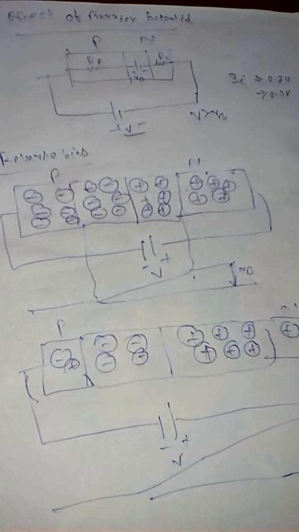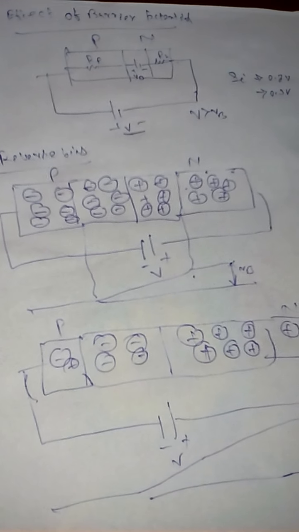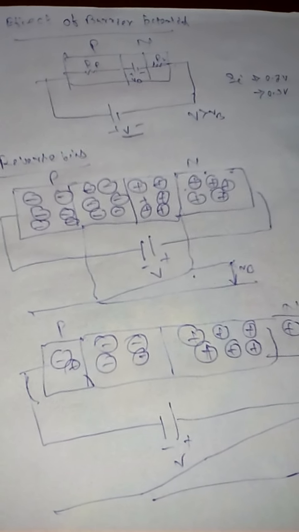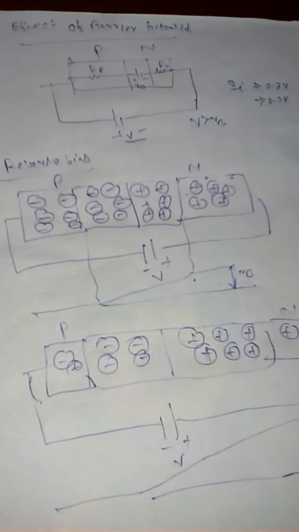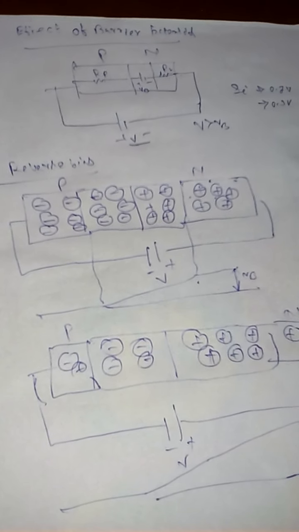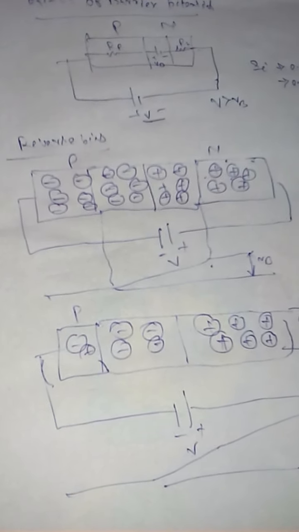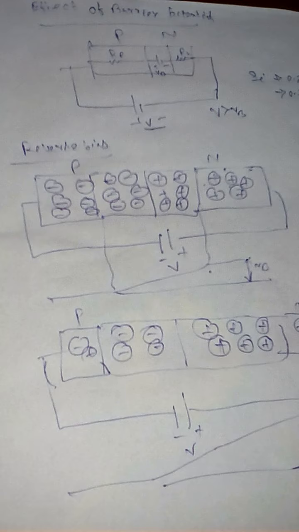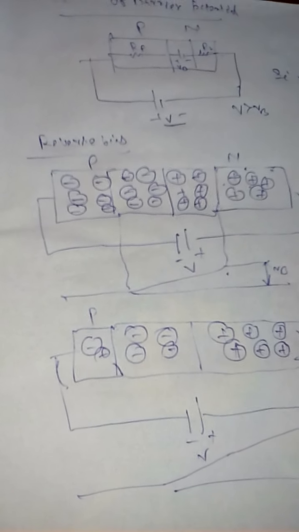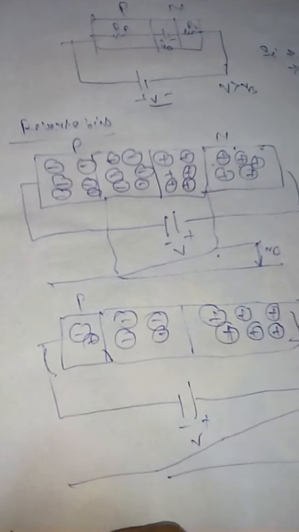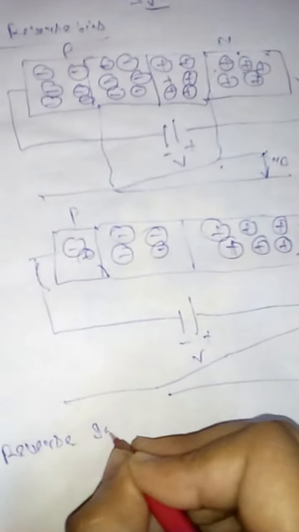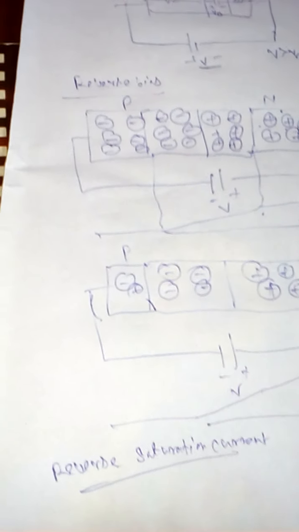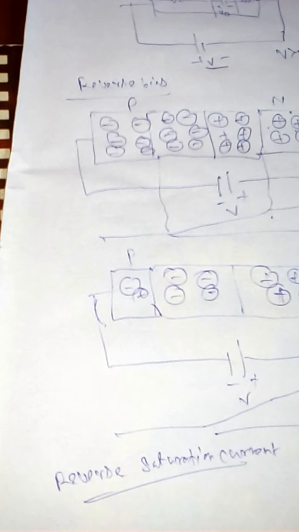Therefore, there is no current through the majority carriers in reverse bias. In other words, the junction offers very high resistance in reverse bias. However, the potential helps the minority carriers to flow across the junction. As a result, a small current of minority carriers is generated, which is swept and drifted across the junction by the potential. Hence, a small current flows in the reverse bias condition, and this current is the reverse saturation current. It is a small amount of current flowing through diffusion of carriers across the junction.